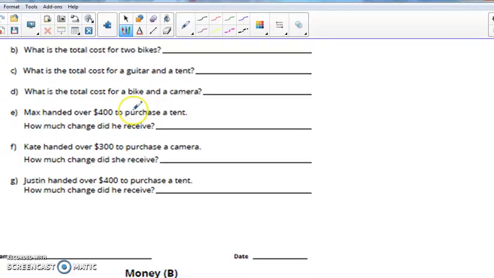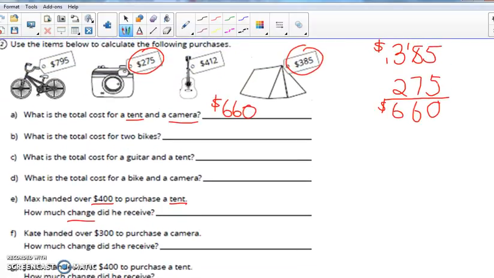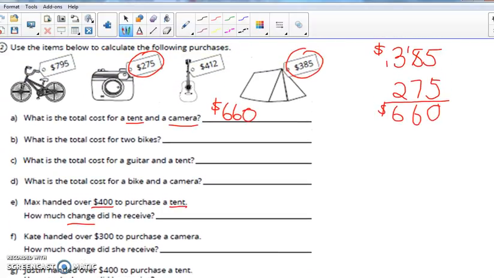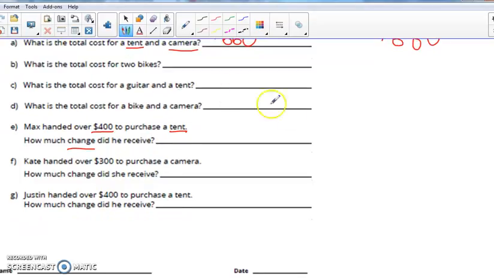Max handed over $400 to purchase a tent. How much change? So we need to look at what's important: tent and change. All right, let's go back up. So $400 to purchase a tent. How much was a tent? It's $385. Now, if you've listened to my last video, we looked at calculating change by using the counting on